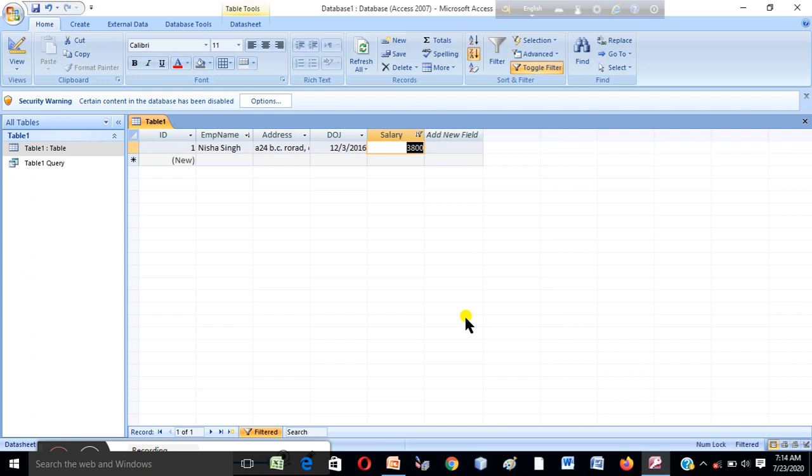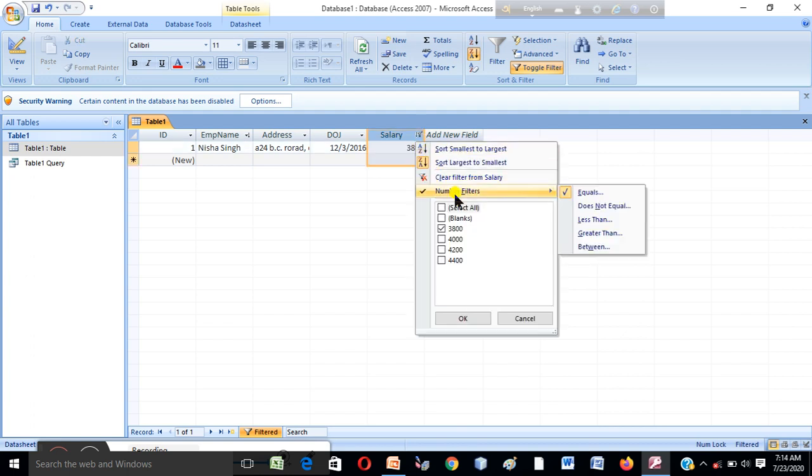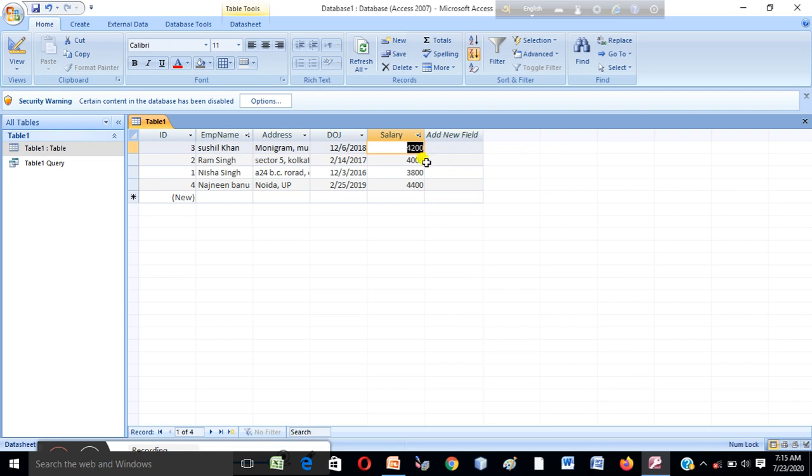That means this is a filter according to our given criteria. This is one criterion, or you can change it, that is number filter. Suppose there are options: equals, does not equal, less than, between, everything is there. First we need to select all. Then there are 4200, 4000, 4400.